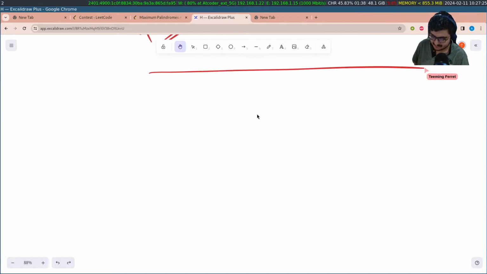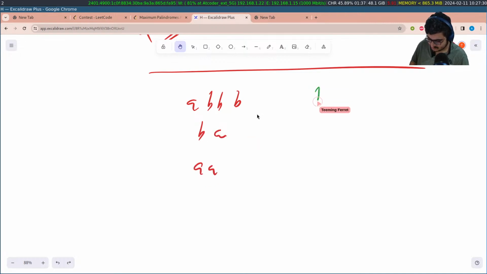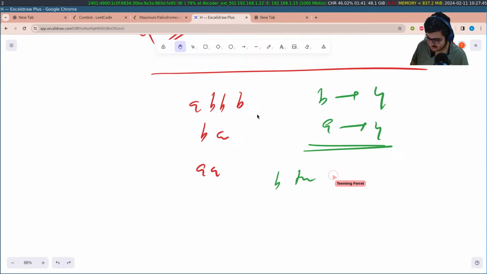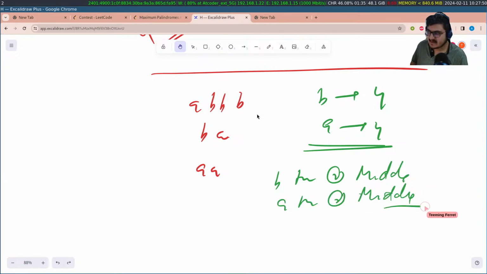So for example, my samples were A, B, B, B, A, A, A. So overall, I have B 4 times and A 4 times. So my claim is that we can use B 2 times for the middle part and A 2 times for the middle part. We don't have any extra character lying around for the, sorry,